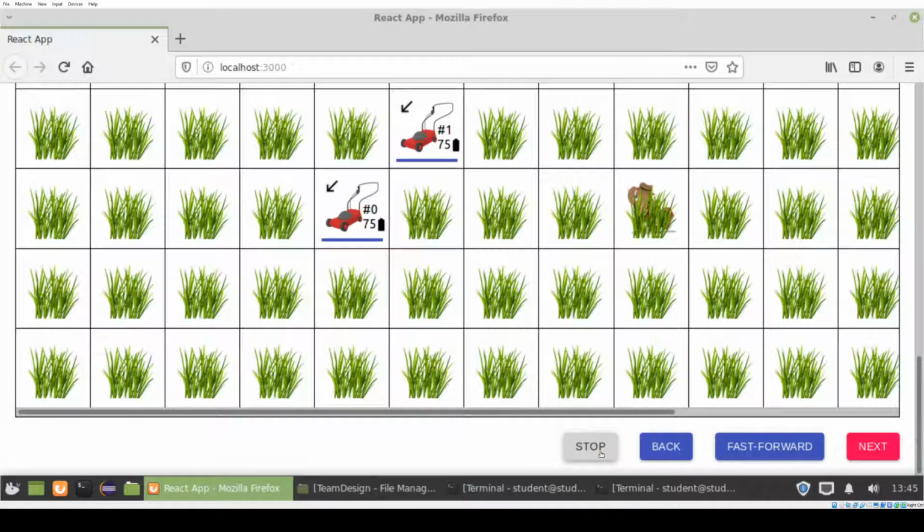Down at the bottom, you'll notice we have 4 different buttons. One is a stop button, which will do what it says it is to stop. The other thing that I like is we have 2 buttons of back and next that kind of go hand in hand. So we have a discrete simulation. The next capability enables you to go through one discrete turn at a time. But if you wanted to study even more, oh, what happened, what was the change, you could click the back